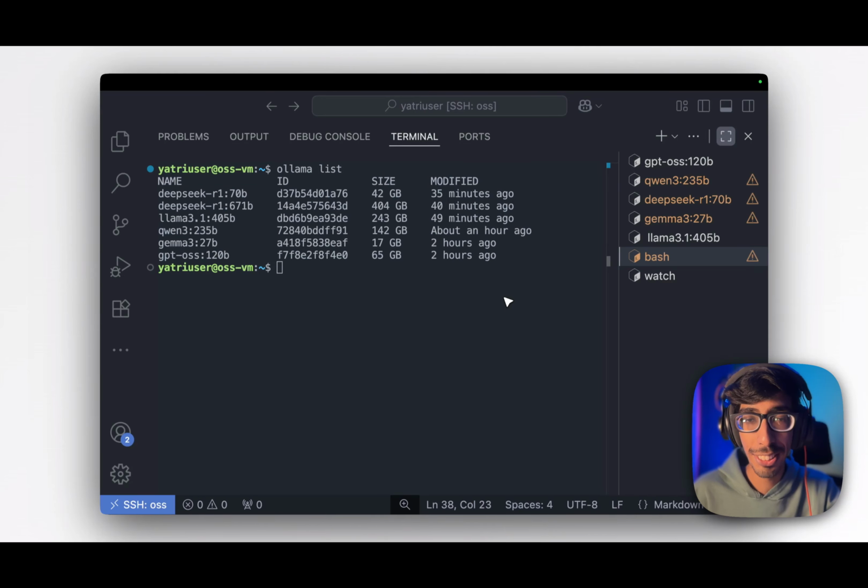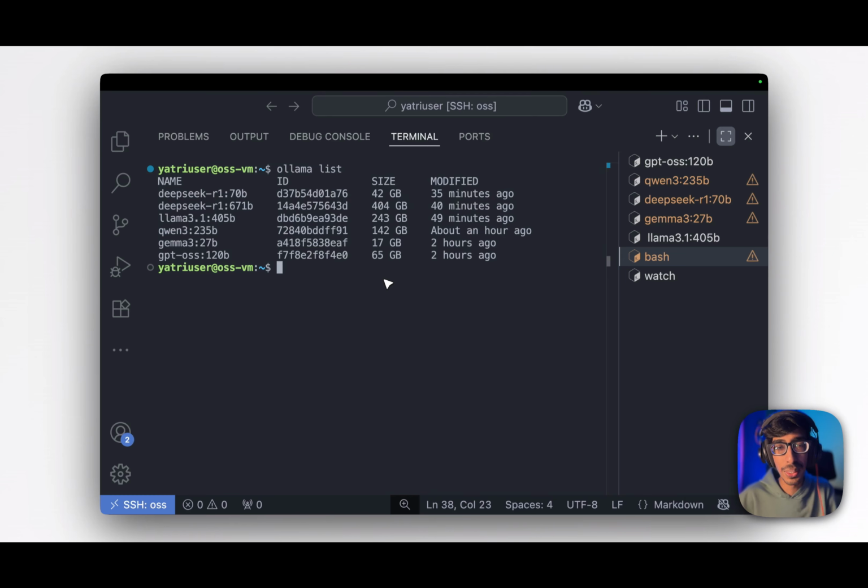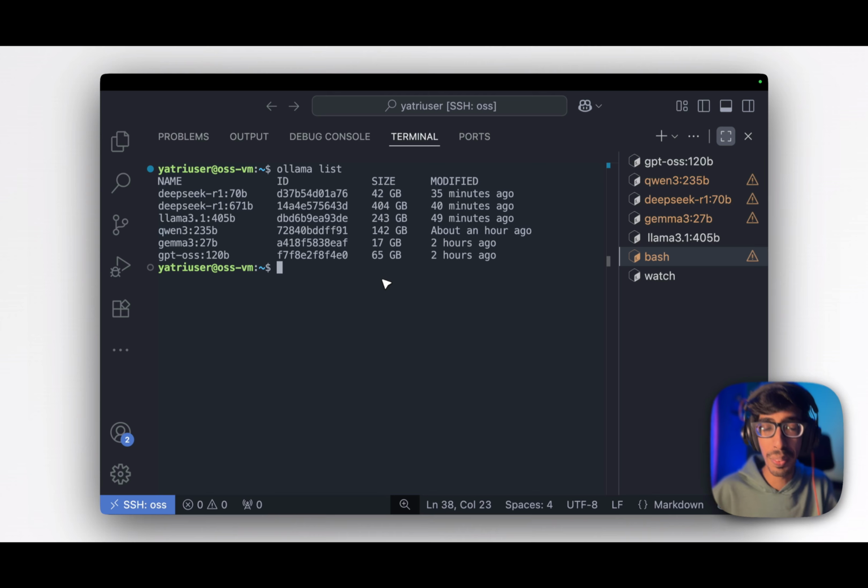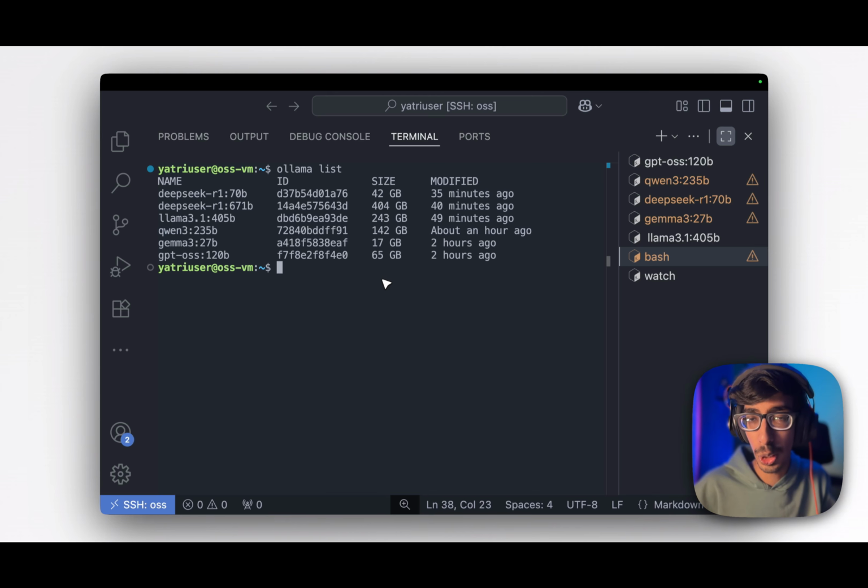Hello, Yatri. Here I'm going through all the top-notch AI models running on the highest billions of parameters, like GPT-OSS, recently launched by OpenAI, which runs on 120 billion parameters. You can also see the Llama model, Qwen model, Llama 3.1 on 405 billion parameters, and Deepseek. I installed all the models and they are running perfectly fine in my own Azure virtual